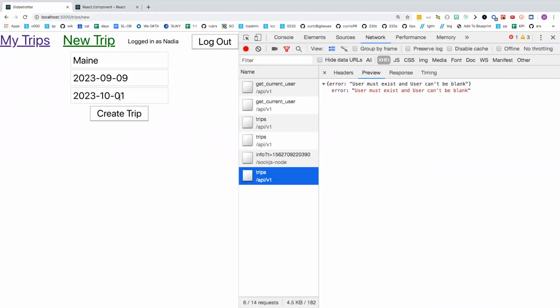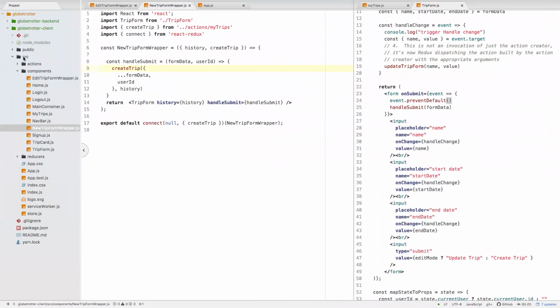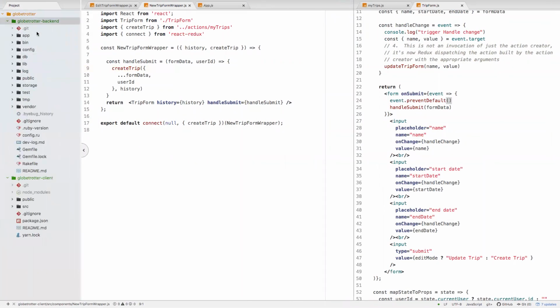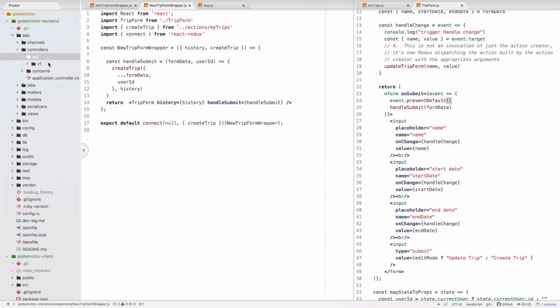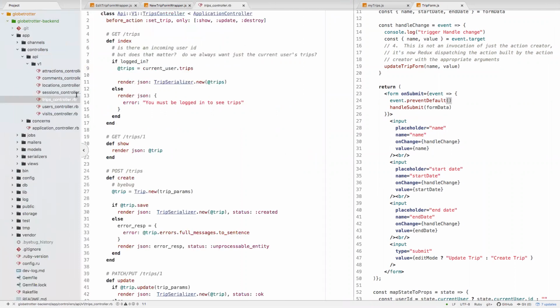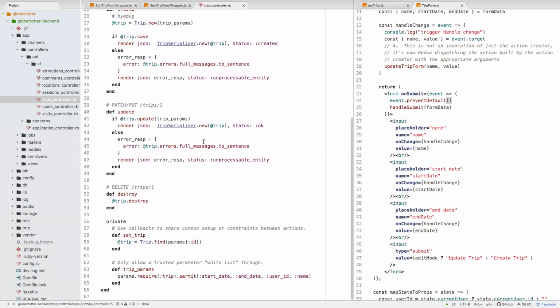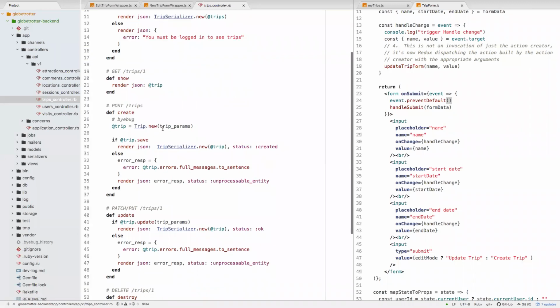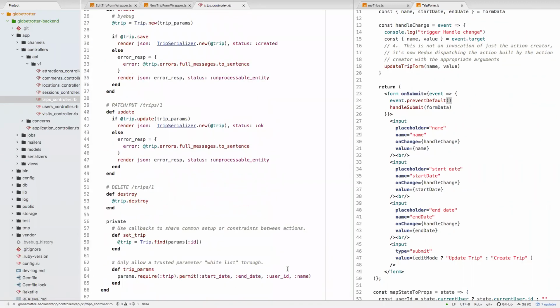Let's double check now our backend on this guy. Globetrotter backend, app, controllers, API, v1, trips controller. Trips equals, nope, oops, create is here. Trip params, okay. Did I delete my user? Oh, I did delete my user ID. Okay, so let's just see that. So I think that's why I was